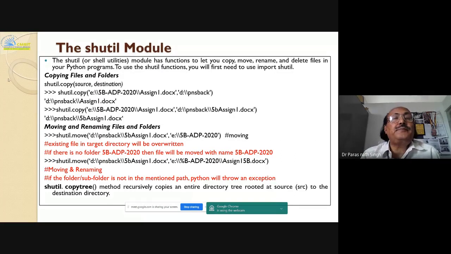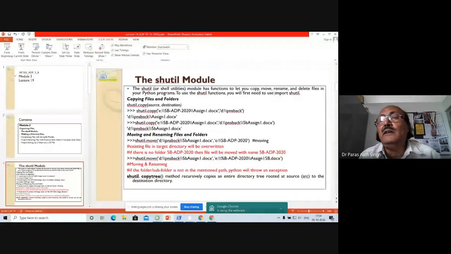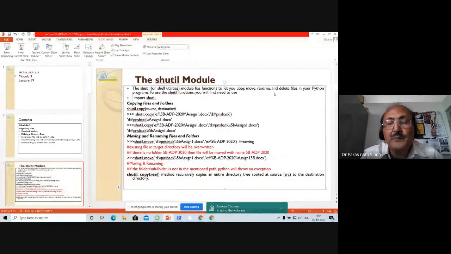Here for the quiz question or for your 1-minute review question, I have taken my own file. So how to copy from the Python end, not using the operating system. We will have to import first: import shutil. I should write this in the next line. Everyone will be using this. So first you write import shutil, shell utility, and then the simple syntax is there.